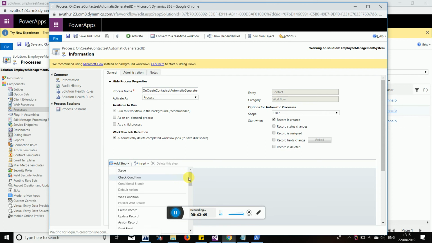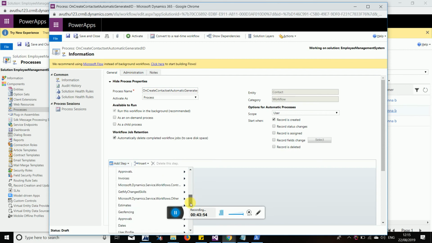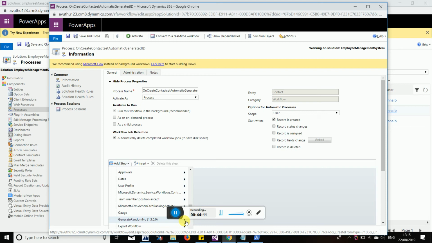Now if you click on add step and go down, you should be able to see this generate random number. Can you see this? This is the assembly which we created and registered, and it is visible here. We call it a custom workflow because this custom code can be executed only inside a workflow.